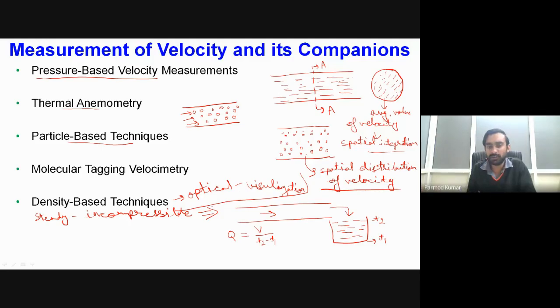Once flow rate is known, obviously at any cross section where we want to measure the average value of the velocity, we can apply the continuity equation, conservation of mass, and if we know the area of the cross section, we will be able to determine the corresponding value of the average velocity at that particular cross section. The accuracy of this type of method depends upon the accuracy of time measurement and volume measurement. If we take a large volume, there will be lesser chances of errors in measurement of time, and we will get a more accurate value.